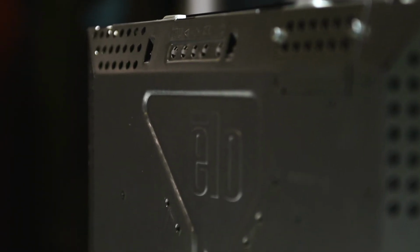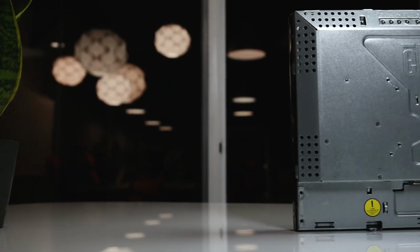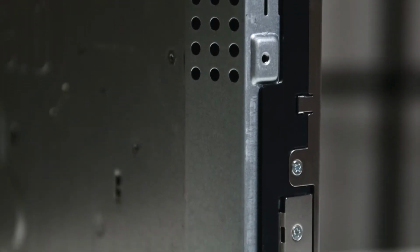As a general rule of thumb, an open frame monitor is going to be less expensive than a closed frame monitor because it doesn't have the finishing applied to it that the closed frame does. Because it's incorporated into the chassis and is enclosed by the kiosk enclosure, these can be used for indoor or